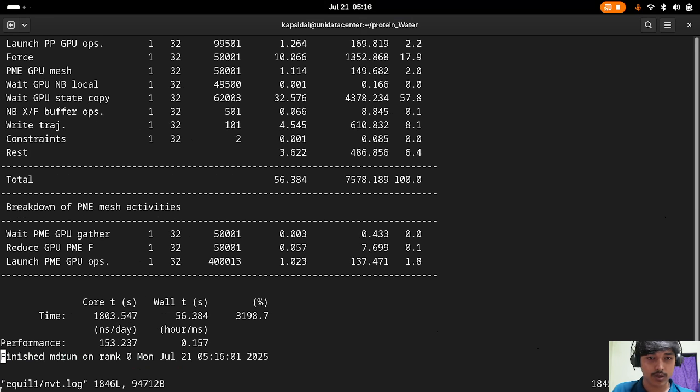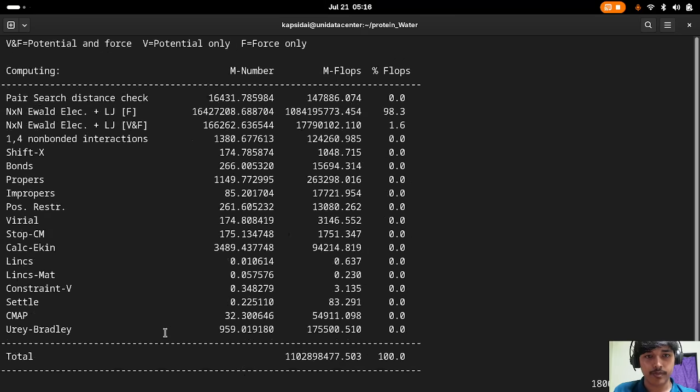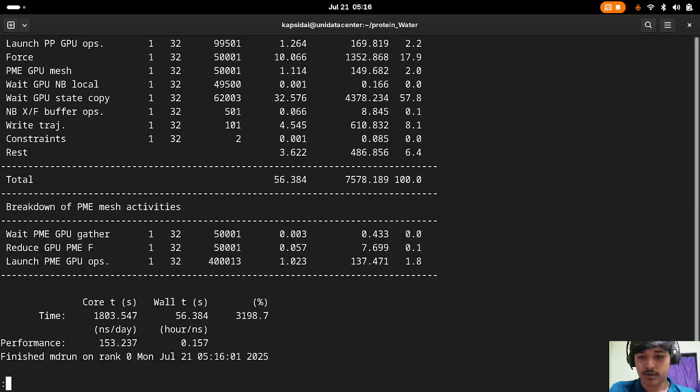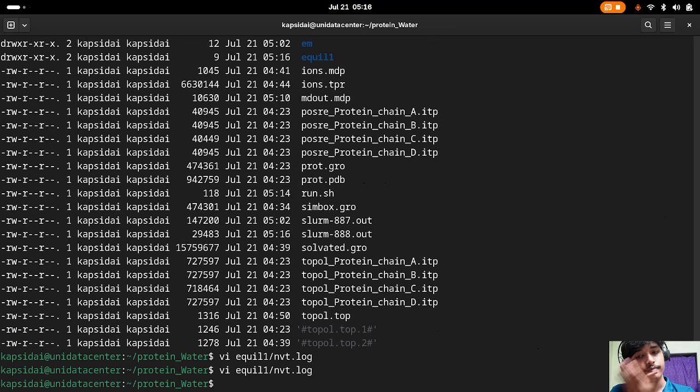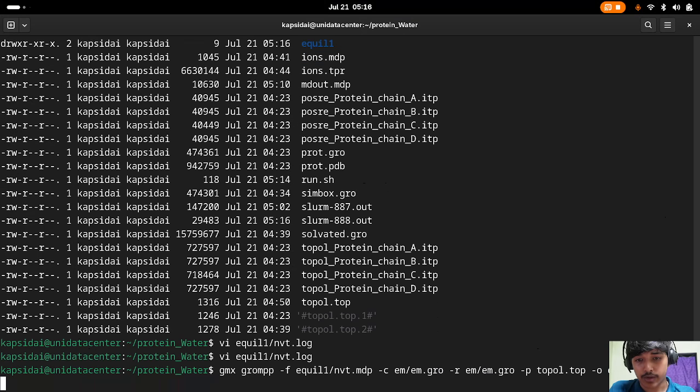The speed currently says 153 nanoseconds per day. So let's move on to our next part, which is generating